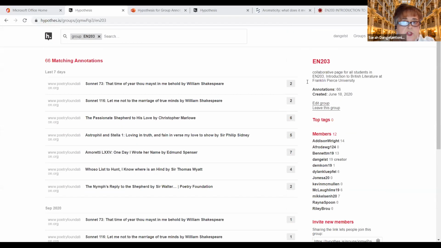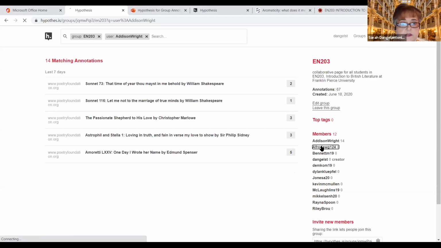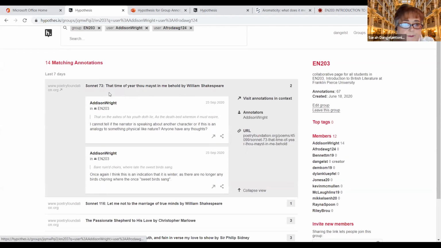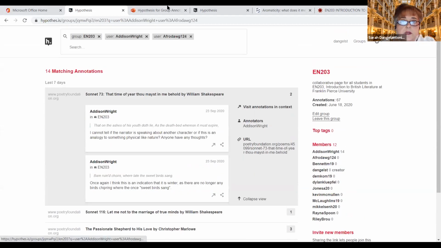It's pretty wide open how you use it. But this page, which shows you on your group one, will give you some basic information that's useful. And just so you can see what I did, by clicking on the individual person, I can get a rundown of how they've engaged with things. So you can see Addison's comments there. All right, so I'm going to go back out.